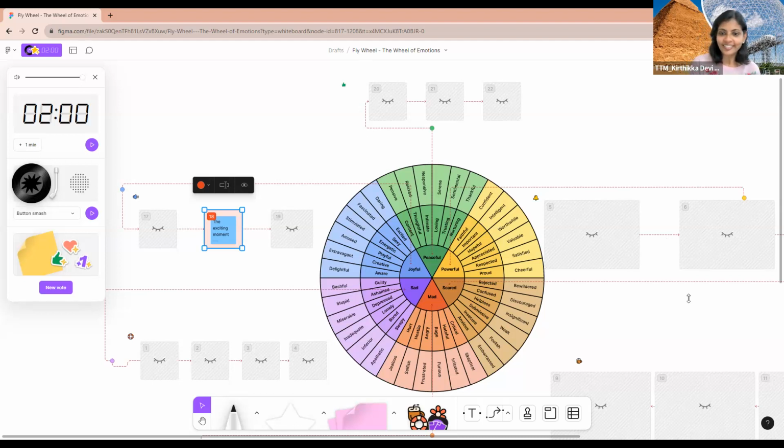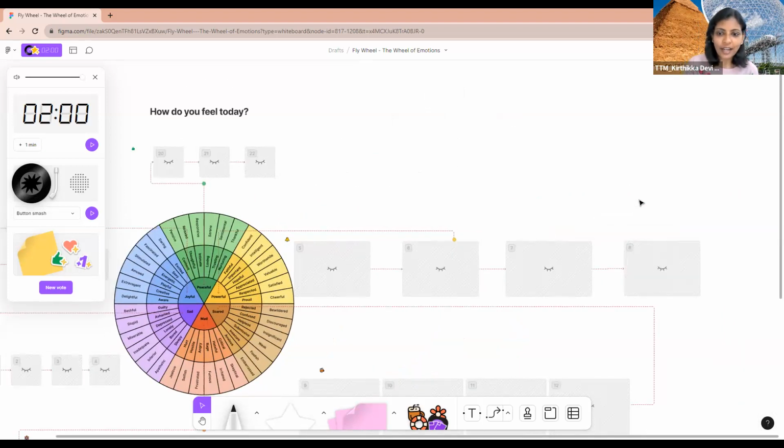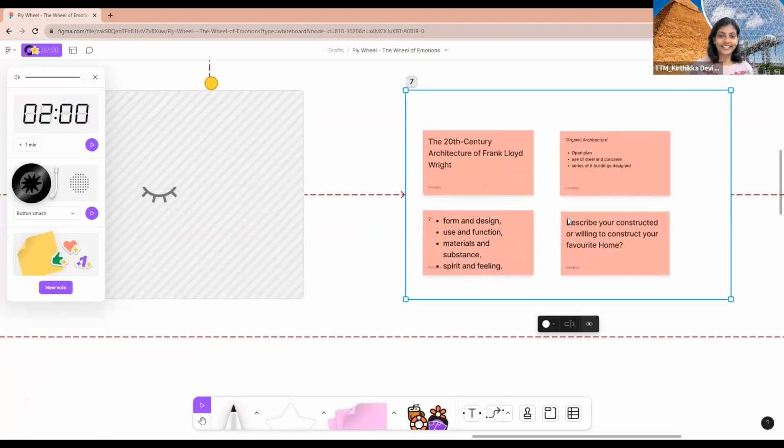Okay, Evie. Yes. Evie, would you like to unmute yourself and pick your emotion of the day? I'll pick, let's go with powerful. Powerful, okay. You can choose from 5 to 8. 5, 6, 7, and 8 slots are open for you. Let's do lucky number 7. Okay, let me open it for you. So, the